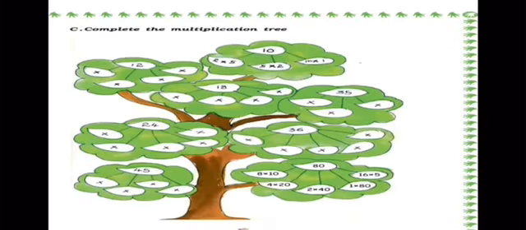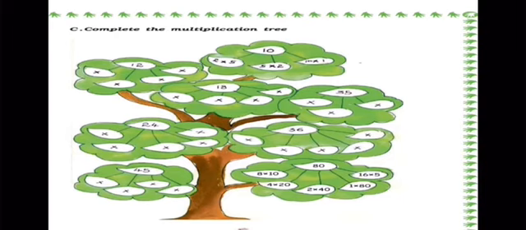Now turn to page number 133. Now as you can see over here, 80 can be made by multiplying 8 and 10, then 4 into 20 is also 80, then 2 into 40 is also 80. 1 into 80 is also 80 and 16 into 5 is also 80. We can do the multiplication with so many other numbers as well. So like for example 12, we can do it 3 4s are 12 and 4 3s are 12, then 12 1s are 12, then 6 2s are 12.